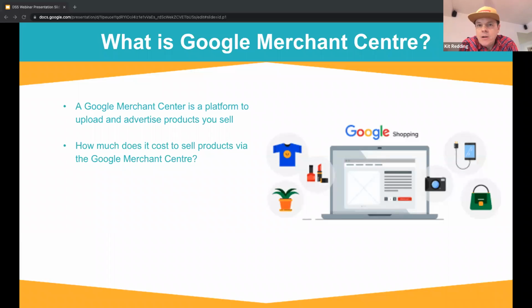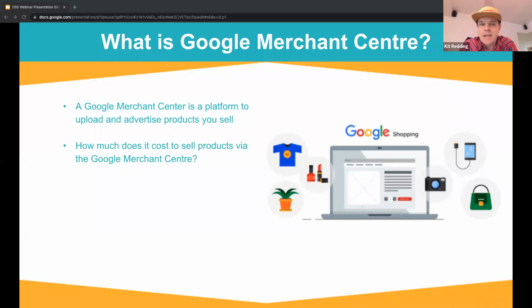I'm going to talk now about what the Merchant Center is and how it relates to Google Shopping. Google Shopping is actually the customer interface, and that's how they interact with it, and that's how Google promotes it out there as Google Shopping. The seller dashboard is referred to as the Google Merchant Center, and it's what powers all of your Google Shopping products and is the interface that you can log into